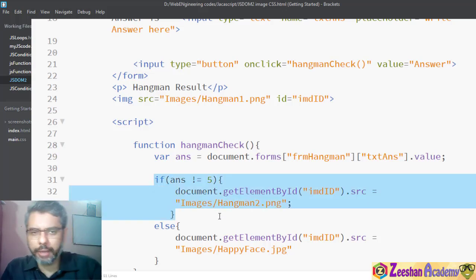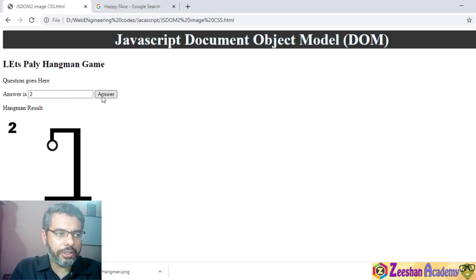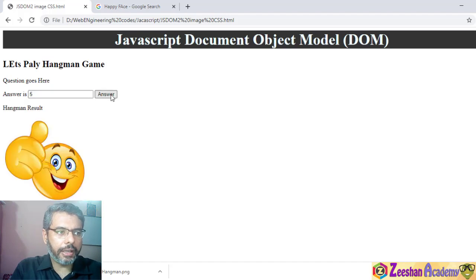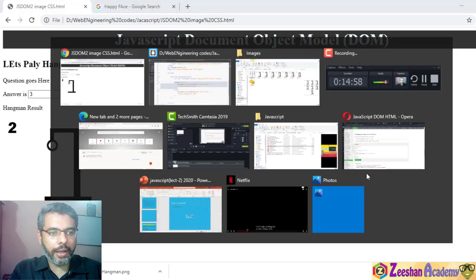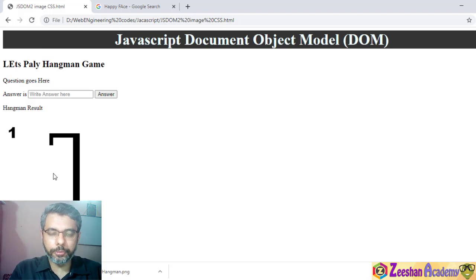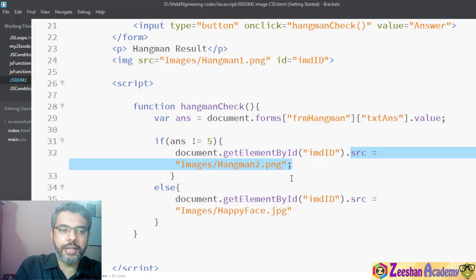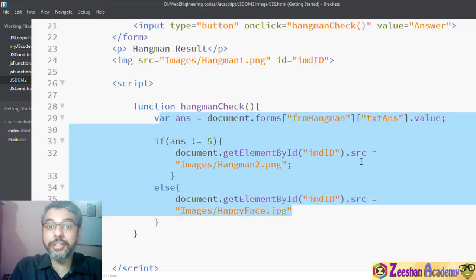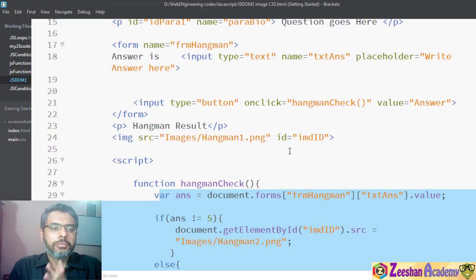So as I said, the game is not my major purpose, but you can change and edit it. So whatever your value is, you click on this answer. If it is, for example, 5, I click here, we get a good thing. But if any other number, we get this value here. Okay, so if I come back here, press S, and you can see if I hit a refresh, we get back to the default value. So you can change even the image based on this src attribute. Okay, you can even do that as well. Now in the next session we will try to change the CSS styles using JavaScript.